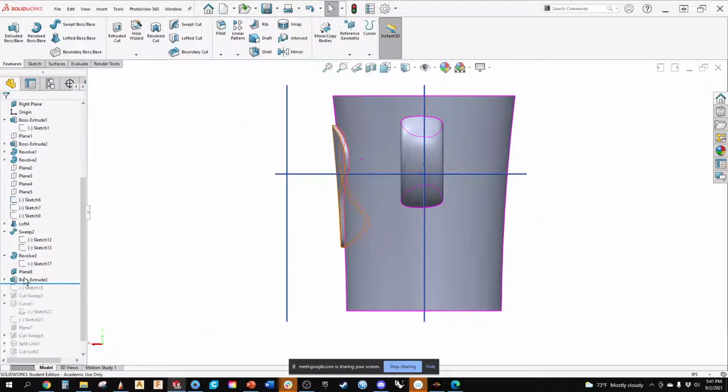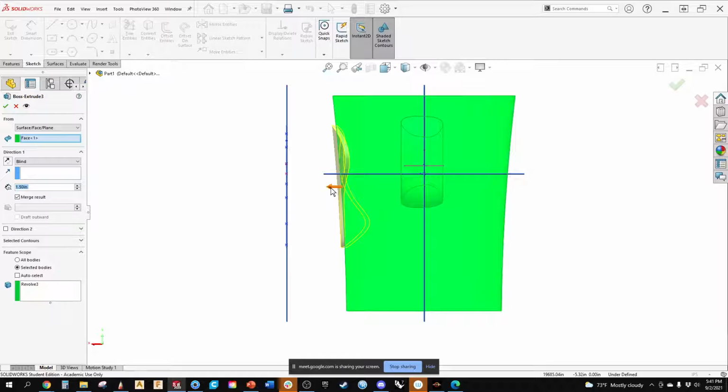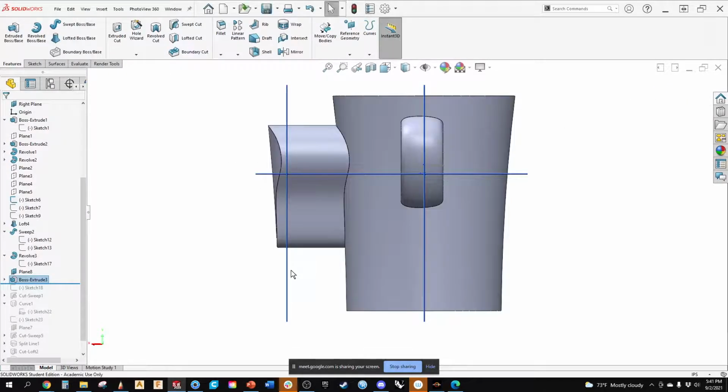So if I didn't have this feature, what I would have to do would be to extrude this out and go, okay, there's that. Well, I don't want this to be flat. I want it to be this shape. What I then have to do is come in,